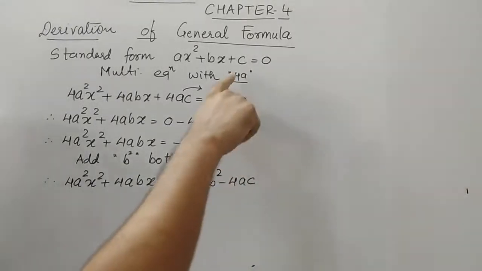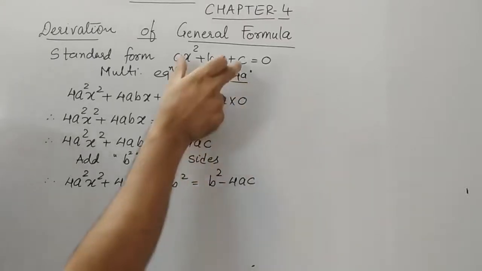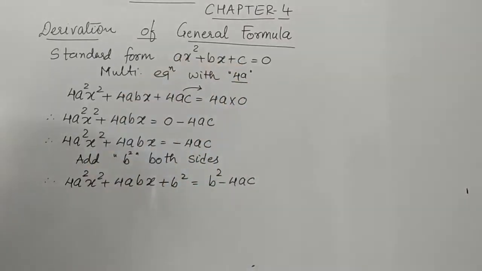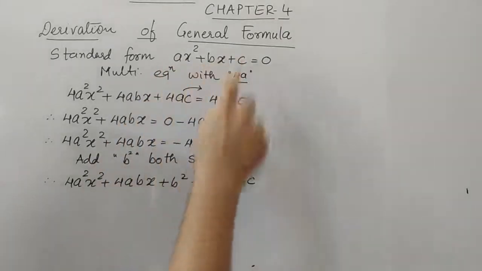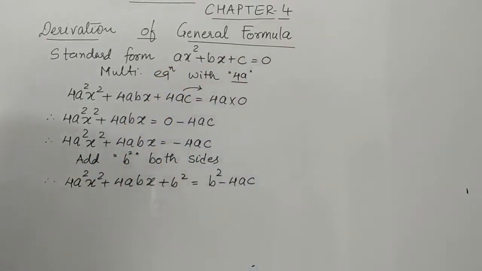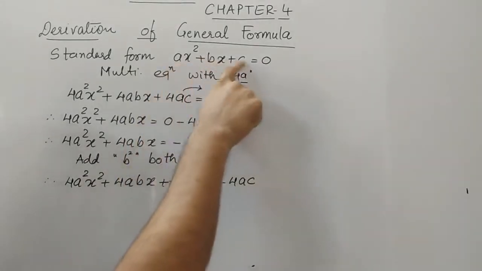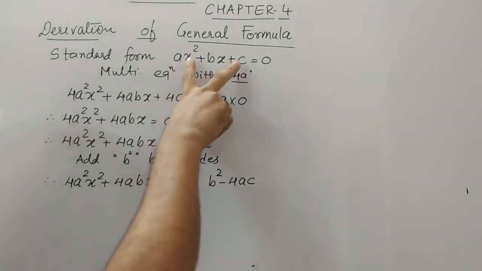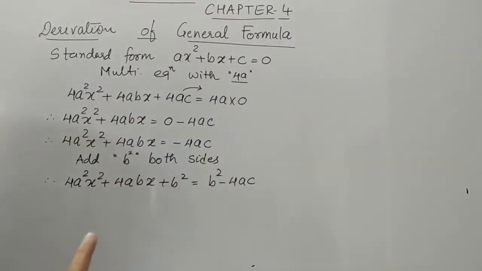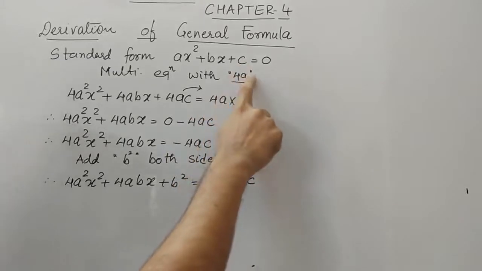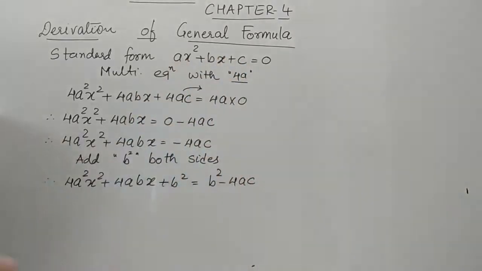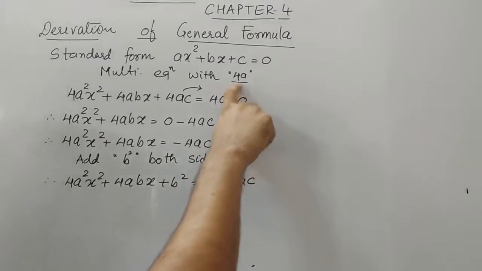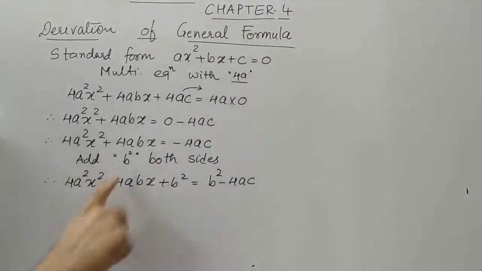I hope you understand why I need to multiply with 4a, because I want to make this a perfect square trinomial. We can divide by a, then also we can find the last term. But if I divide all the terms with a, I'll get the terms in the fraction form which is given in the textbook. So that becomes a bit difficult. To make this a perfect square trinomial, I multiply with 4a rather than dividing by a. Fine. So you should remember why I multiply with 4a. Two things I have done: I multiply with 4a, then I add b square.